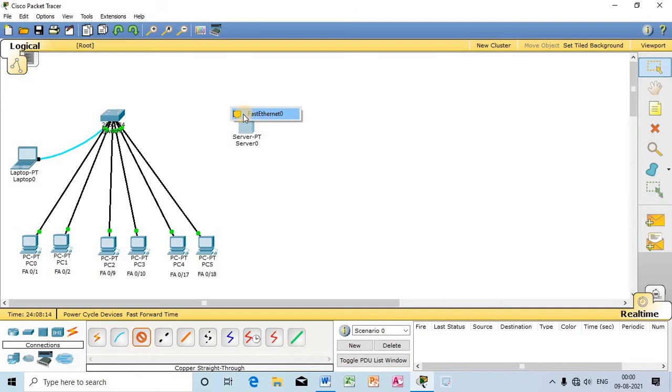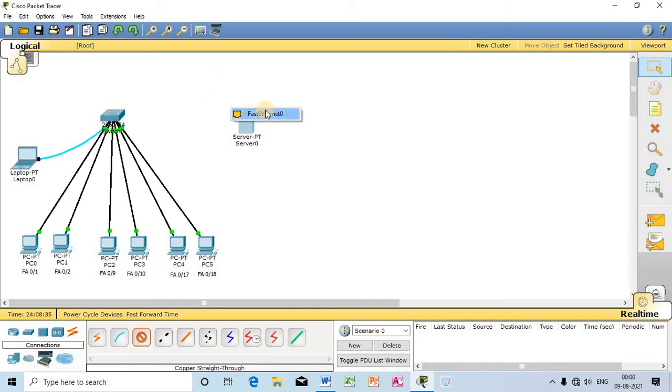So one end of the straight cable. I have used a straight cable because the DHCP server and the switch are separate kinds of devices. To connect separate kinds of devices we are going to use a straight copper wire.